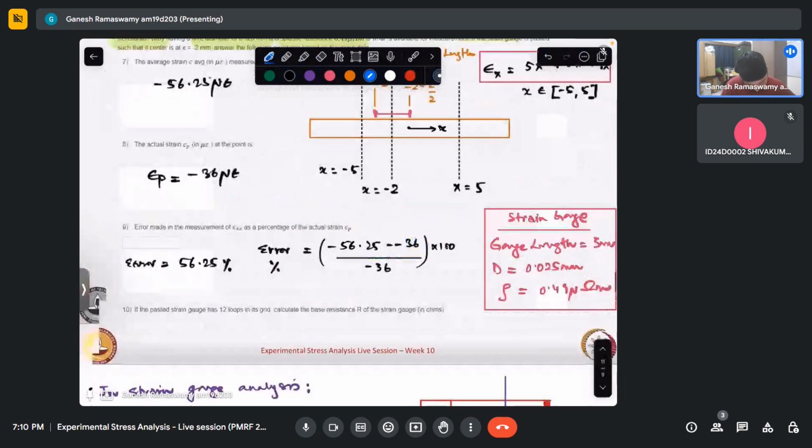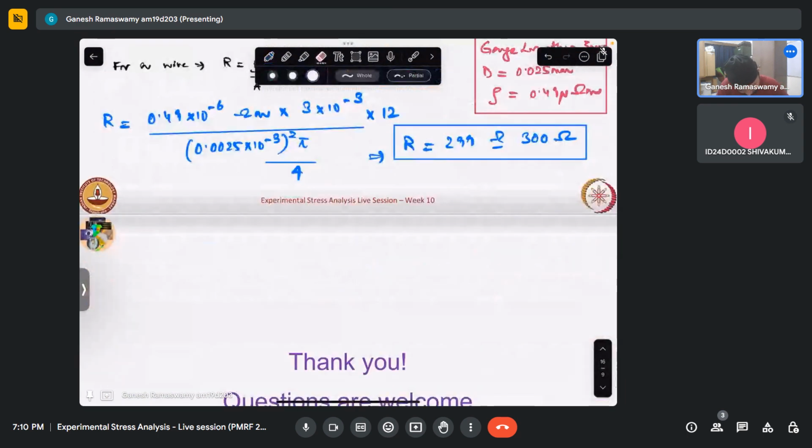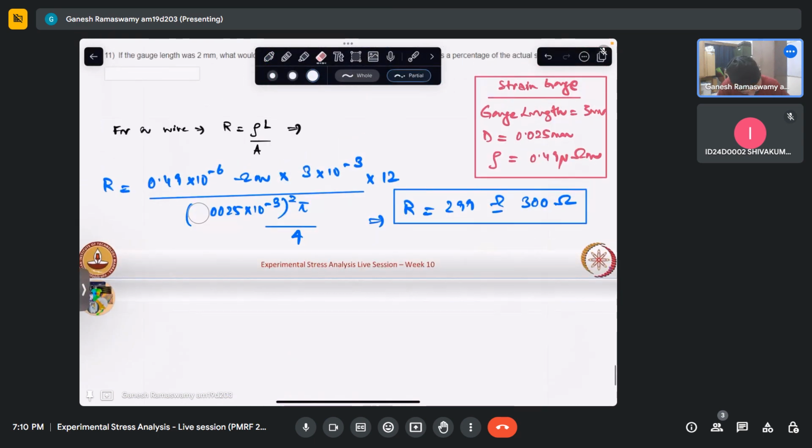0.025, I have taken 0.0025. Okay, yeah, there is some problem here. What I have done is I took this to be 0.0025. This is 0.025. So let me recalculate it. 0.025